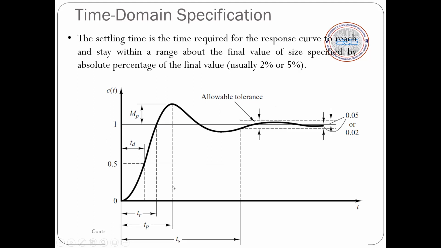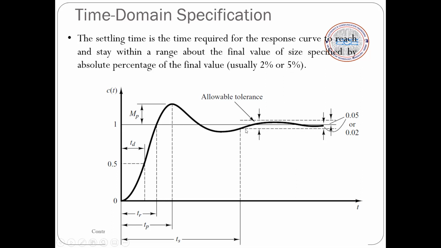Next, what is the settling time? Settling time TS, you can see in the graph. We have drawn two lines, which we call the allowable tolerance. You can fix the tolerance to 2% or 5%. A 2% tolerance means only 2% variation from the applied input is allowed. Whereas with 5% you take a 5% tolerance. With a 5% tolerance you will reach early. A 2% tolerance always takes more time, so we have to wait longer. So usually we go for a